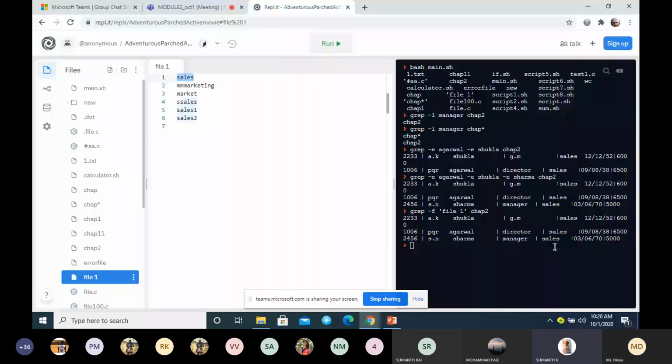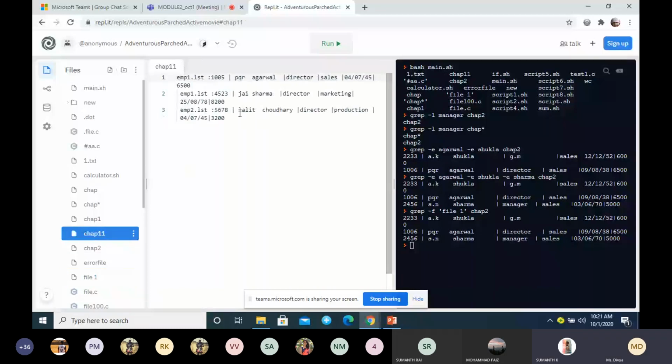Yeah, tell me. In the grep command, you said that -N will give the line number consisting of that pattern, right? Yes, line number. What if I have the pattern multiple times, in multiple lines? Again, same thing.